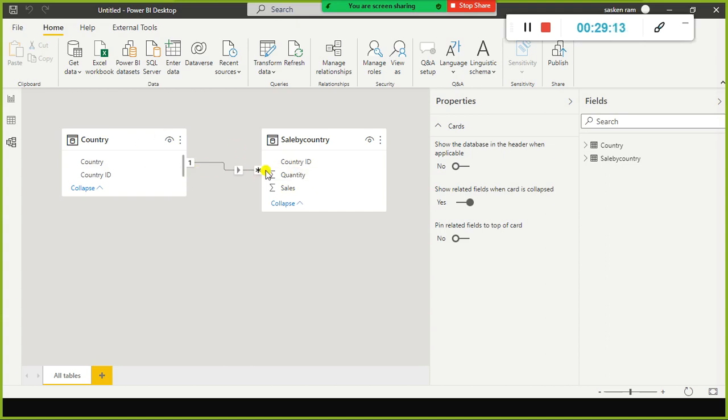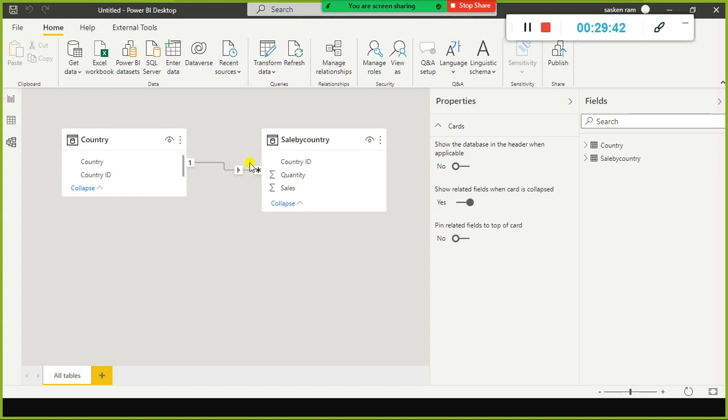So United States, let's say you sold something yesterday, and today's data, and the day before yesterday, last 5 days of data. For United States itself, 5 records are there. But here for United States, only one record will be there. So hence this is the one side, this is the many side. And also the common column between these two tables is country ID.